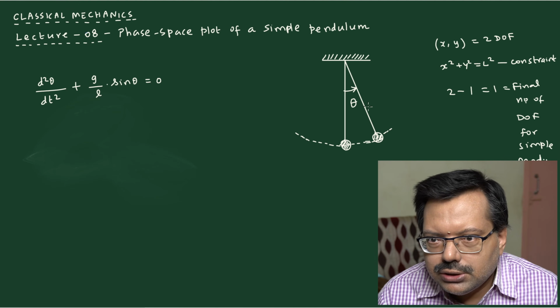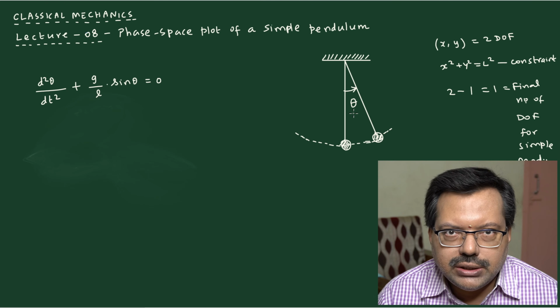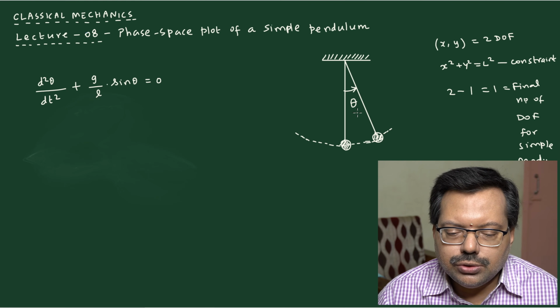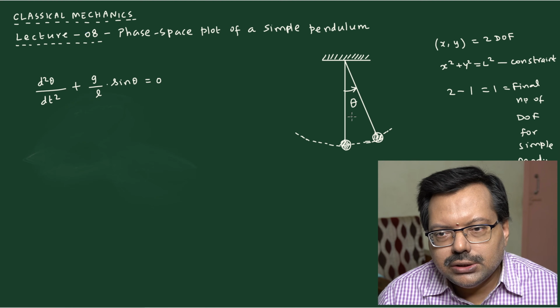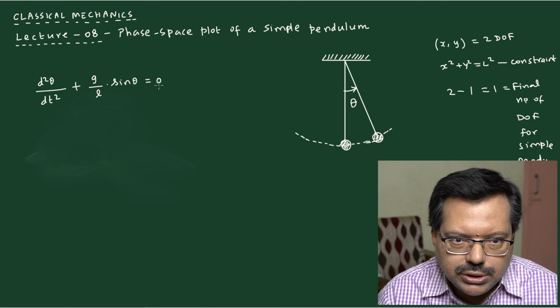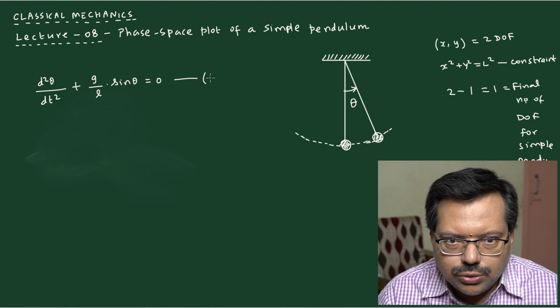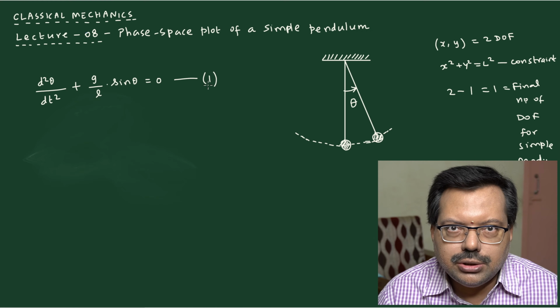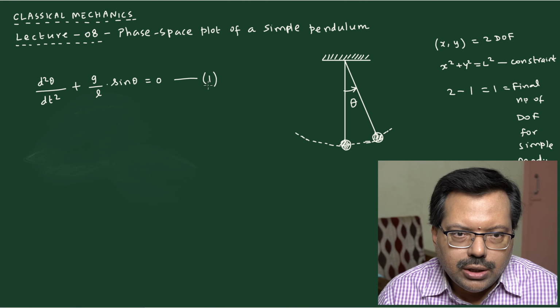So let us come back to this diagram. We have only one theta in the system. So it is not x, it is not y, but rather an angle theta. And therefore, since it is only a 1 degree of freedom system, you will have only one equation of motion. And that one equation is what is written down here. So the explanation that I am trying to give is why you have only one equation of motion here for the case of a simple pendulum.